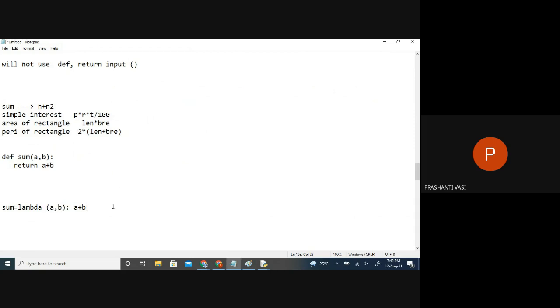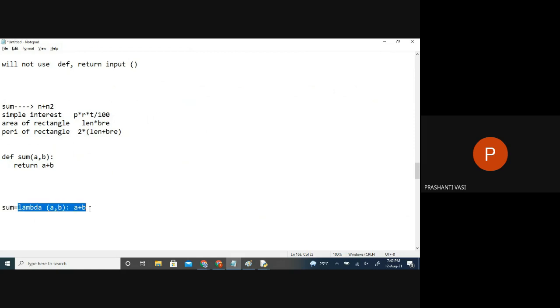We say functions chapter in maths and all. Function of A, comma B or something like that. So here also, we are just saying lambda expression using how many variables? 2 variables. And what should it return as an answer? A plus B. So I'm not using def keyword. There is no function name. There is no input parameters and there is no return keyword. Directly, we are writing the expression requirements and the expression which we should return the value.